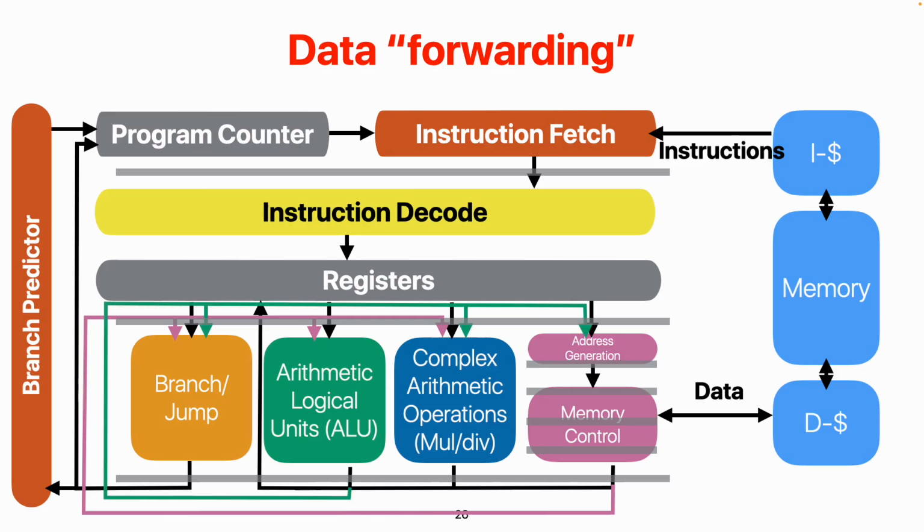For example, the purple here is the wire to propagate the result from the memory unit. The green is the one that propagates the results for arithmetic. And for complex arithmetic, we also need the wires. So as you can see here,